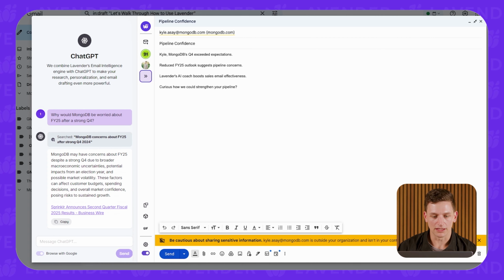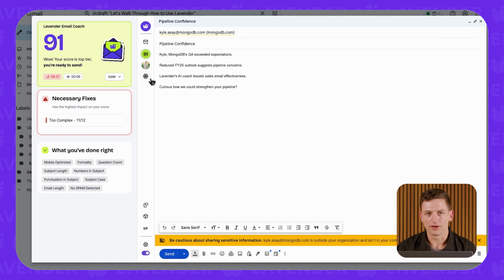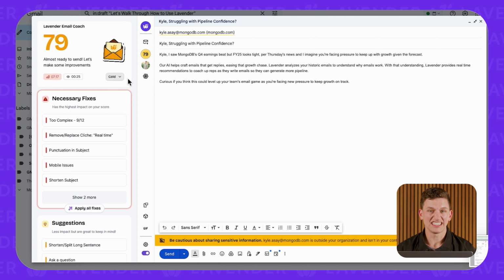Now, the next thing I want to show is the email coach, but this email is already a 91, right? And if you look at Lavender data, you'll know that a 91 has a pretty good chance of getting a response. So I want to use a different email example to show you just how Lavender here can coach up your writing and make it really easy to do so. You'll see here this email score is a 79. It needs a little work,